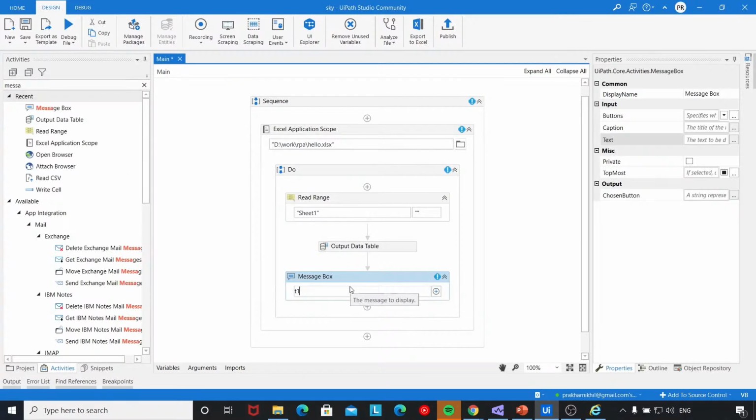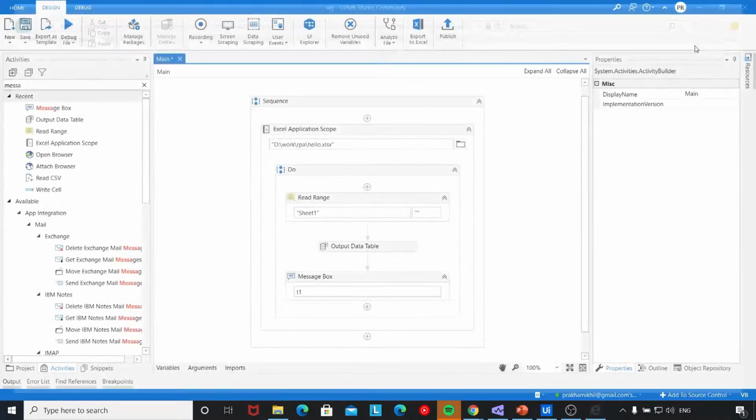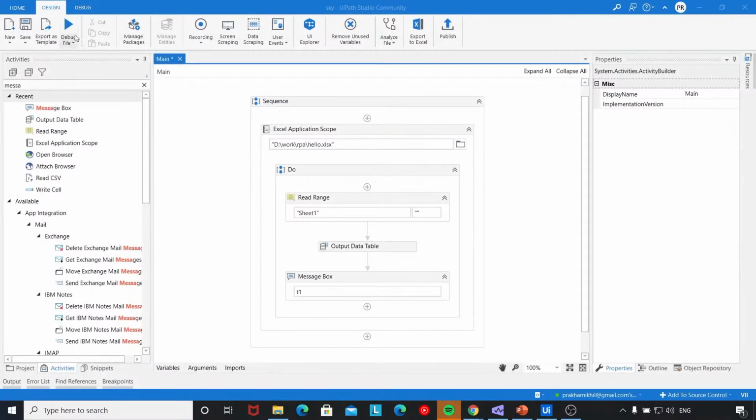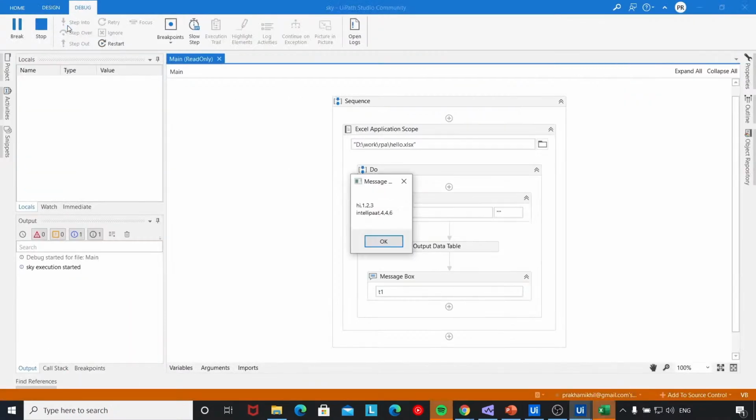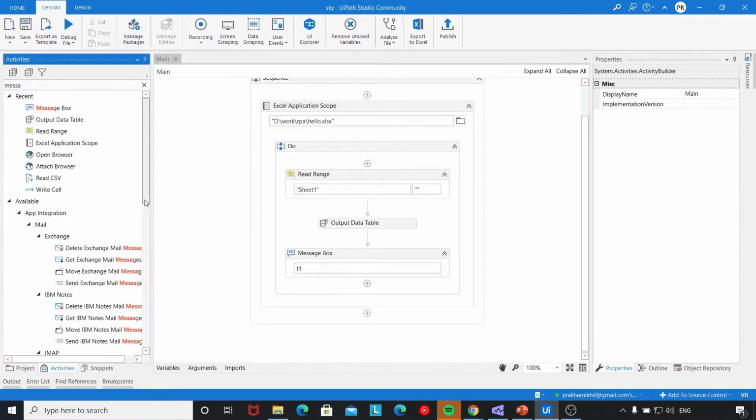So let's select T1. Now if I run this, let's see what happens. So I've deleted all of my Tom Cruise information, and let's see what happens. So you can see it read through my file, hi Intellipaat 446 and whatever, right? Now let's play around a little bit, and in this let's say if I wanted to add something to that